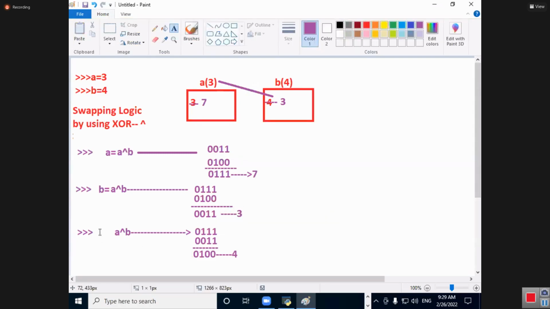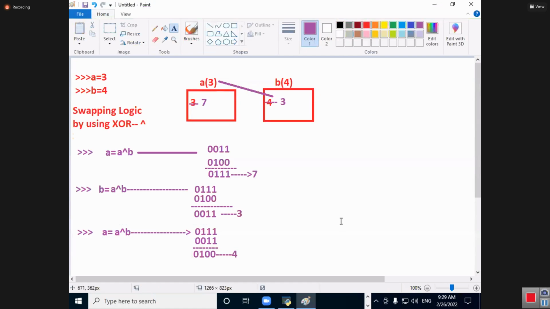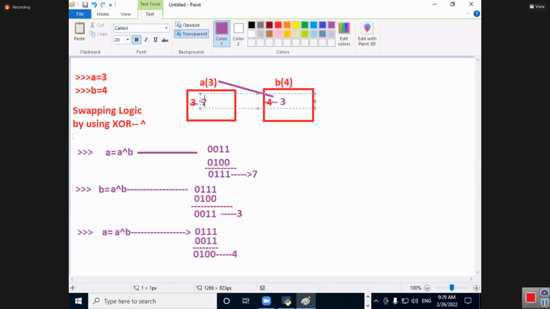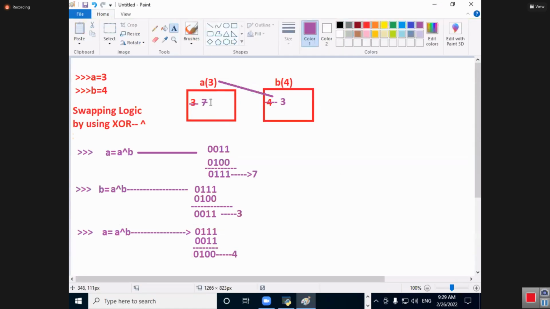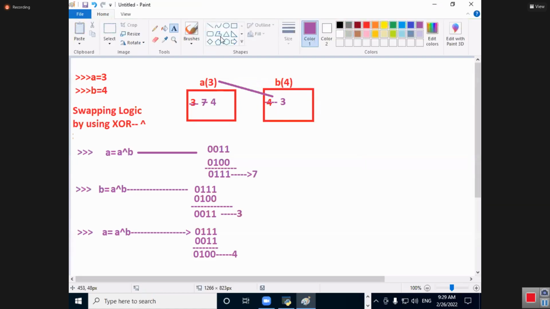Where am I keeping that? A is equal to. So it's nothing but here. This 7 is replaced with what? 4. Is it not exchanging the data? By using which operator? XOR operator. It's also one important logic. Understand? Let's go to the